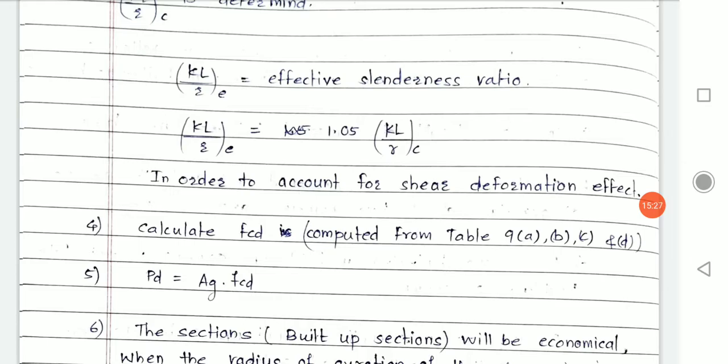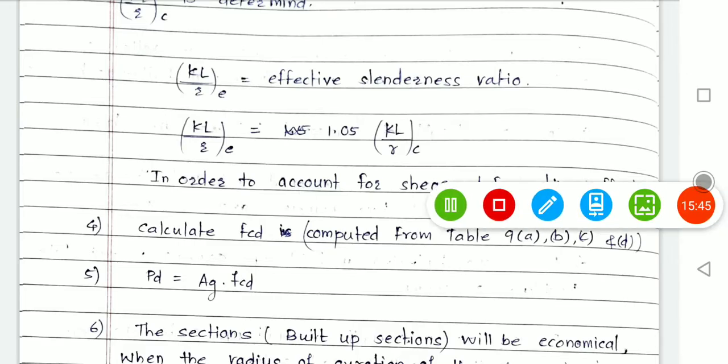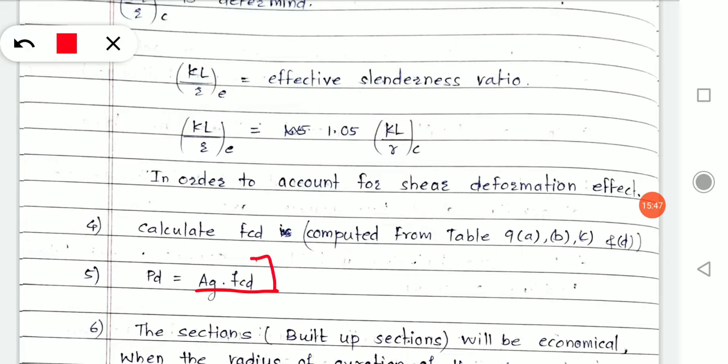Okay. Next is your calculation of FCD. For that you can choose a value from Table number 9, A, B, C, and you need to interpolate if your slenderness ratio does not give you a definite value from the table. You need to interpolate and find it out. Once you calculate FCD, you will use this formula: PD equals AG into FCD.